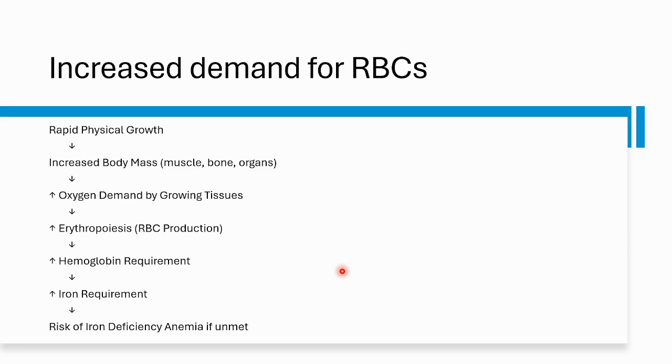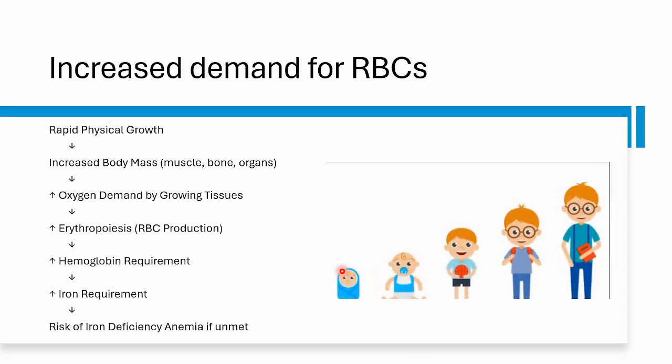So now moving on to the second cause, that is increased demand for RBCs or red blood cells. So when the children undergo rapid growth, their body requires more oxygen, so it increases RBC production, which is called erythropoiesis. Since hemoglobin in RBCs contains the iron, insufficient dietary iron can result in anemia, resulting in iron deficiency